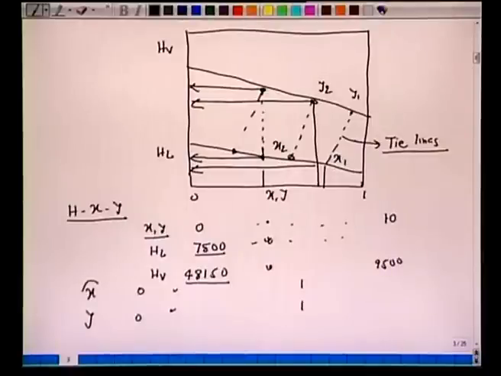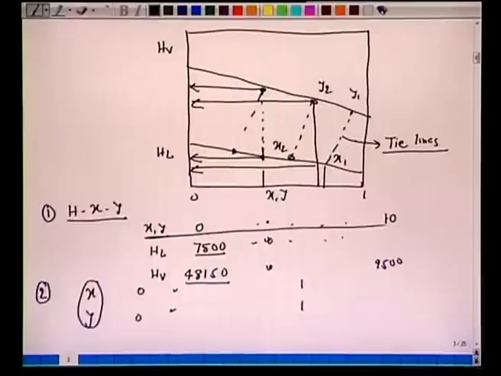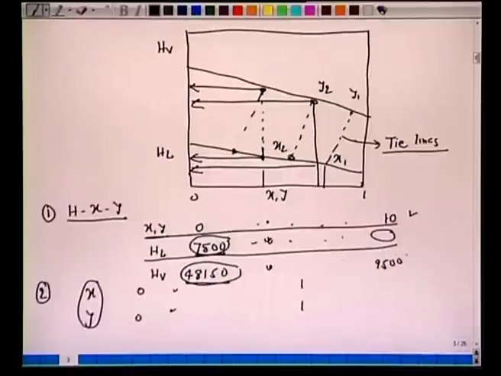All right. So here we are saying that for this Ponchon-Savarit method, we require 2 types of equilibrium information. One is the HXY, and very often HXY is reported like this. You will have one row going from 0 to 1, another row going from HL, saturated enthalpy of a pure component, to another pure component's saturated vapor enthalpy. You can always go through Perry's handbook to obtain this. But more important here is that for any x and y, whatever numbers we choose, when you mark them vertically like this, they are not in equilibrium.